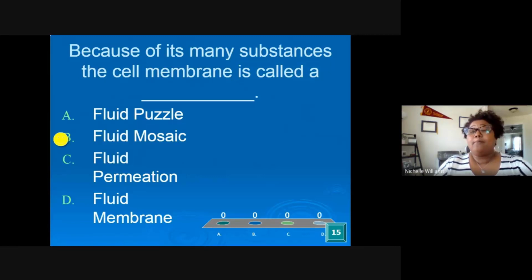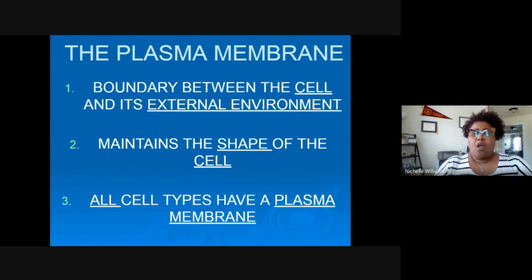And it is fluid mosaic. We talked about fluid being moving and flowing, and then the mosaic meaning made of multiple pieces. And so we know that that is an accurate description of the cell membrane or plasma membrane. All right. So in summary, we discussed yesterday, the plasma membrane is the boundary between the cell and the outside